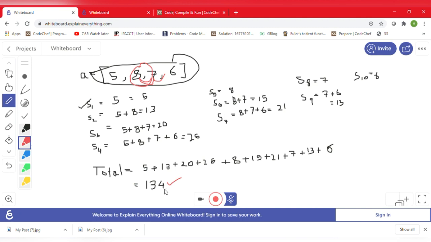But if we look at the complexity, we are using two loops, right? So the complexity is order of n square. So we know that if the array size is 10 to the power 5, then n square will be 10 to the power 10, which is very huge, and in 1 second it will not be executed, it will give TLE, because in 1 second we can do at most 10 to the power 7 operations, right? So order of n square is not very suitable for this question. So what can we do better? We have to optimize somehow.